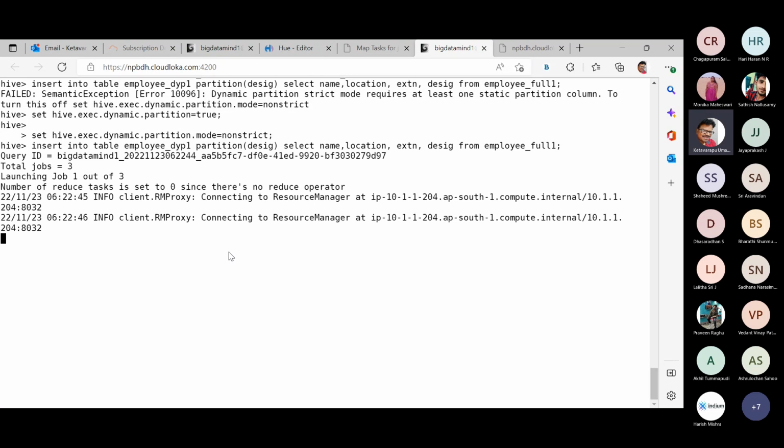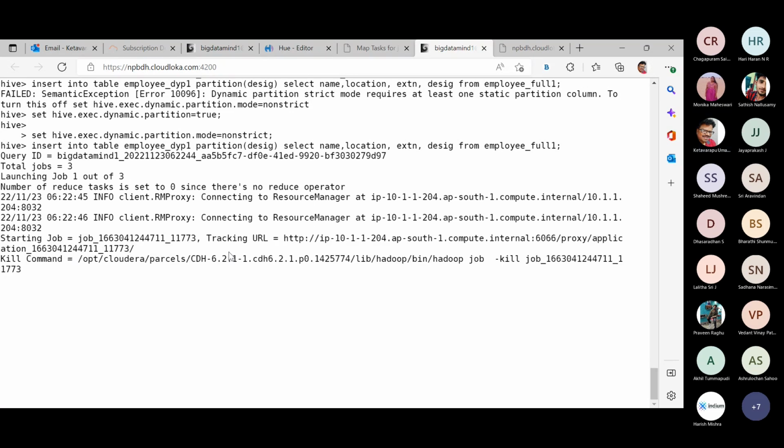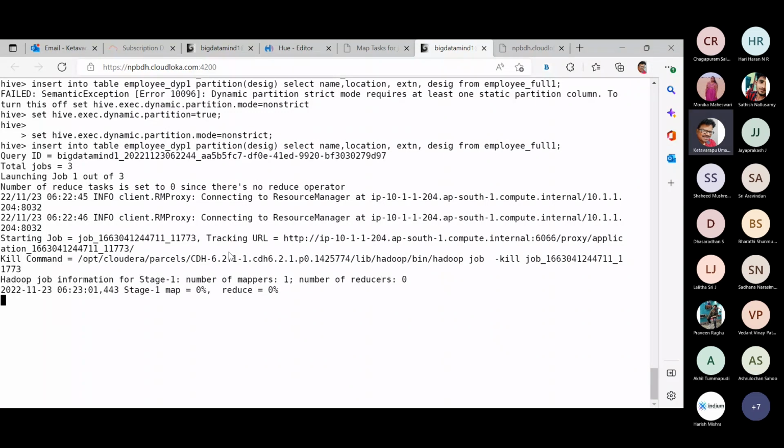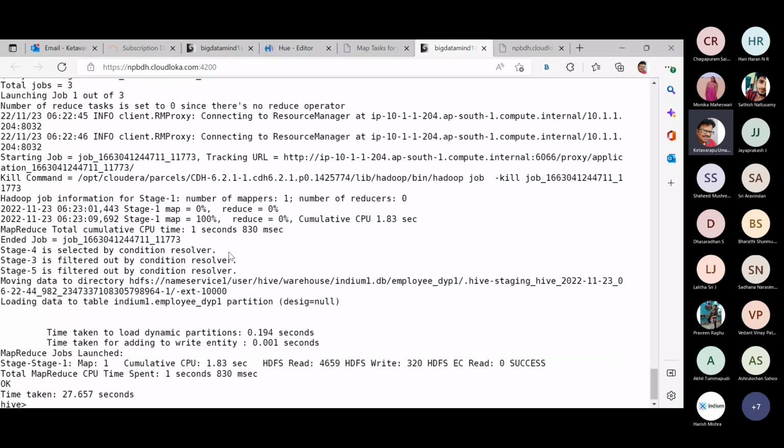The difference is that it is launching MapReduce and launching job one out of three, because three partitions are there. It is segregated as three map tasks and three reduce tasks. Accordingly, based on how many destinations there are, it is going to perform the activity. So with this, guys, you can see how fast it is, even compared to a normal or static partition